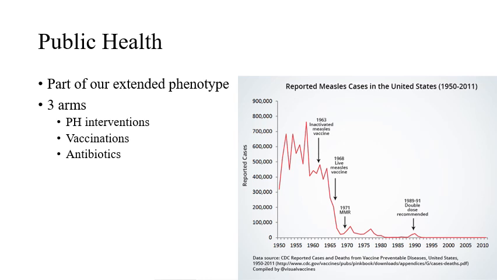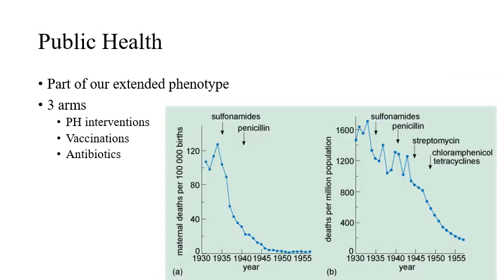Measles. Measles used to be really not a good disease, right? But a vaccine was invented in 1963, which helped reduce it. In 1971 or 1977, the MMR vaccine was introduced, which covers measles, mumps, and rubella. In 1989, the double dose was recommended. I only got a single dose of MMR because I was born in 1985, so I was treated before that time, and I actually had to get a second dose. Large numbers of my generation are actually not immune to measles when they think they are. So I got to this slide and realized that it was not making the point that I wanted it to make. Anyway,